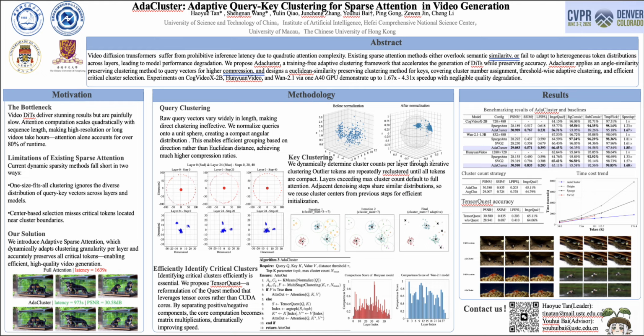Recently, video DiTs have reached state-of-the-art performance on video generation tasks. However, they suffer from extremely slow inference speed. The main reason is the quadratic complexity of self-attention. As video resolution gets higher and the sequence length becomes longer, the computation cost of attention rises sharply. In most cases, attention calculation takes up more than 80% of the total running time. This greatly limits the real-world application of high-resolution and long video generation.